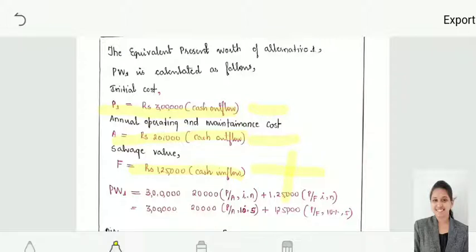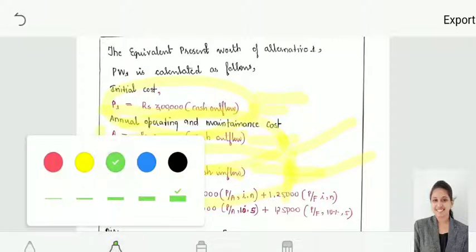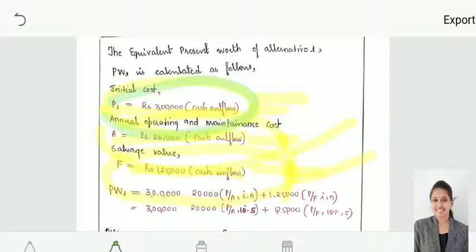So how exactly do we have to write the present worth? Before that you have to understand what we are doing here. Here we are converting the respective future amounts to the equivalent present worth of the different alternatives. You can see here, this one is my present worth. This one we are keeping constant, whereas the annual equivalent we are converting to the present worth, and the future value also we are converting to the present worth. One example we'll see in detail.